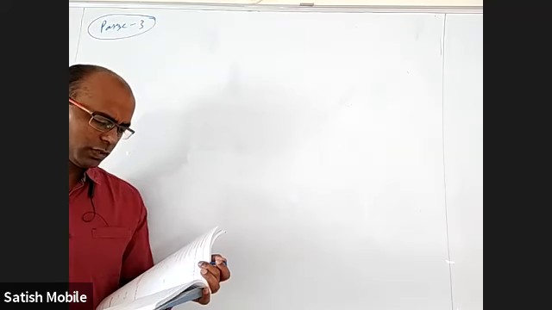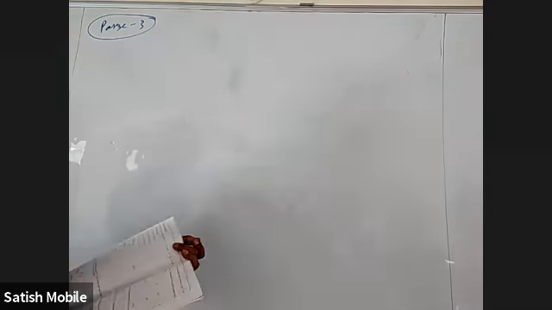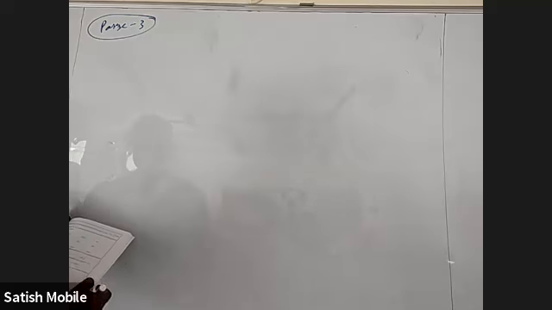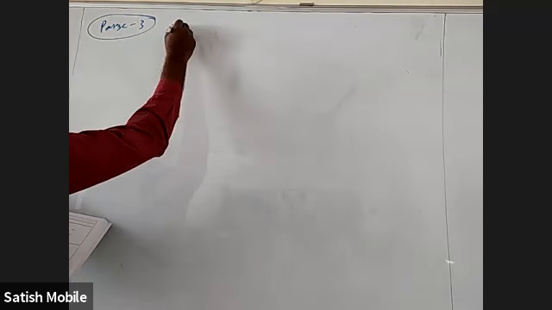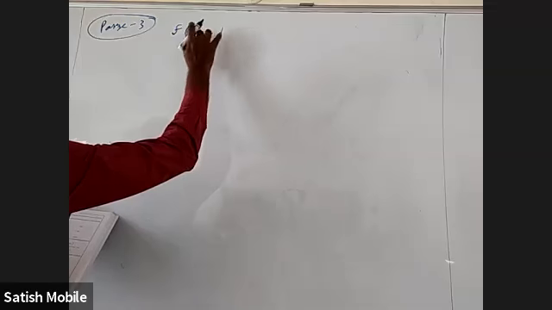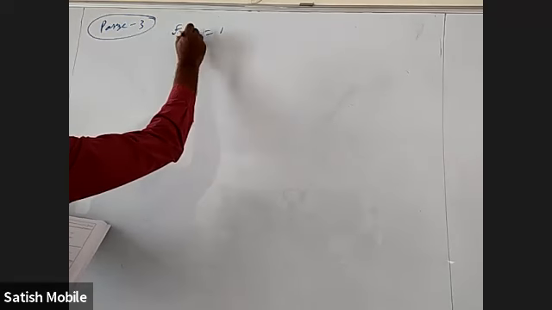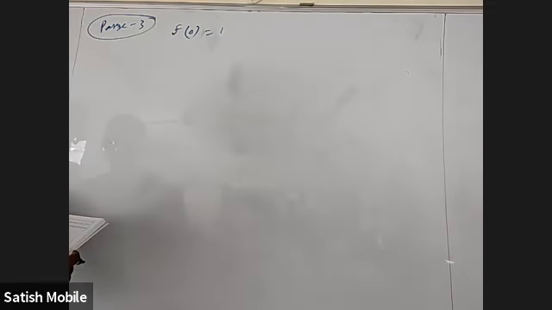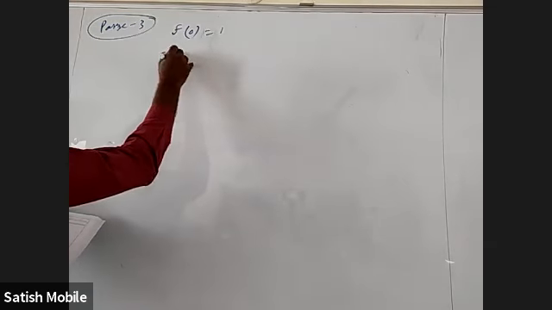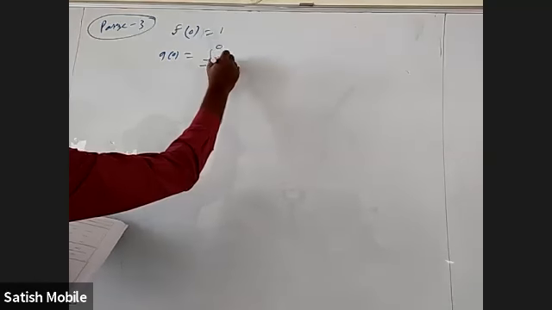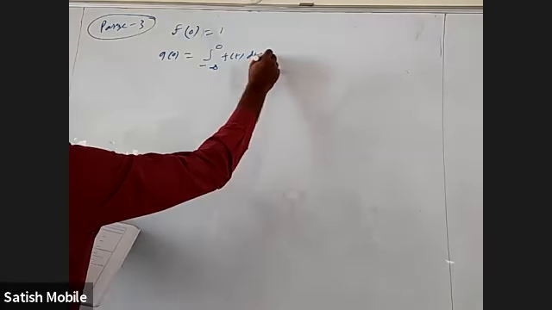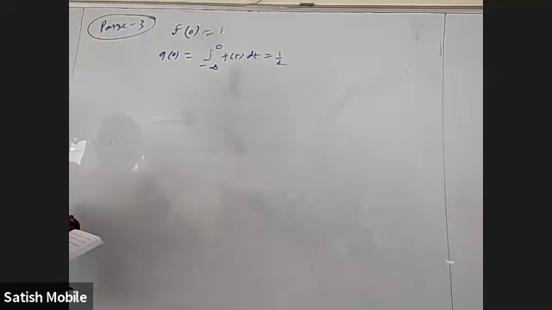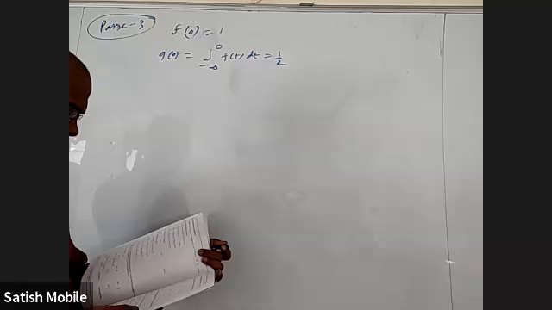Then, what are the different things that we can conclude? First thing they mentioned is f of 0 equal to 1. Second thing is g of 0 is 1 by 2. g of 0, which is integral from minus infinity to 0 of f of t dt, is equal to 1 by 2. And the thing basically says the tangents intersect on the x-axis. Okay, fine.